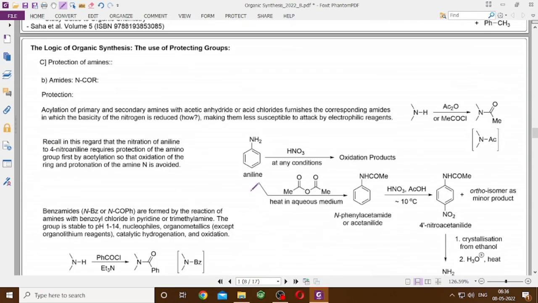Then next protection is amide. Formation of say acetyl derivative with MeCOCl or acetic anhydride, you will generally need a base here to abstract the HCl or the acetic acid that is being generated. Otherwise your amine will get protonated and it will lose its nucleophilic activity, so acetylation will not be completed. If you have many vast quantity of amine that you can expend, then possibly you can avoid the base, where half of your starting material will act as the base, but generally এখানটা একটা ট্রাইইথাইল অ্যামিন বা ইত্যাদি ইউজ করা হয়। তো এর যে